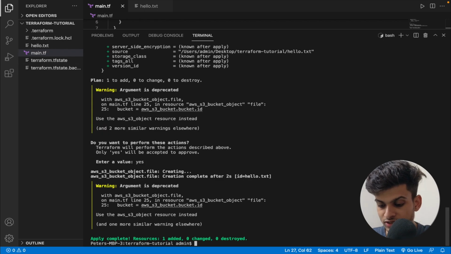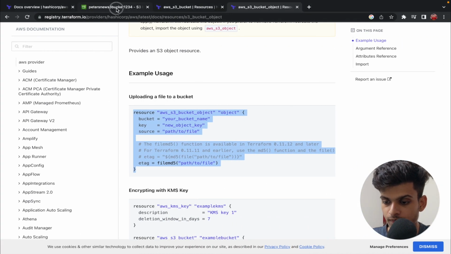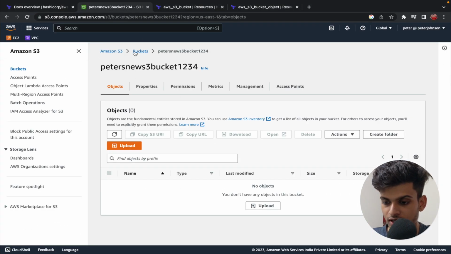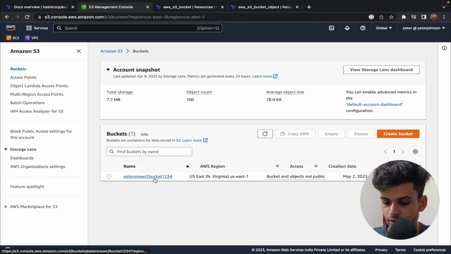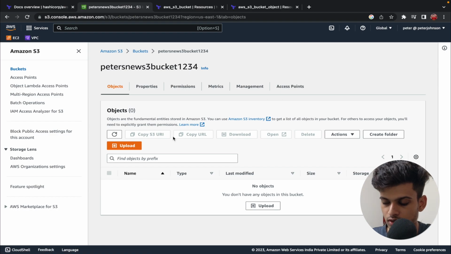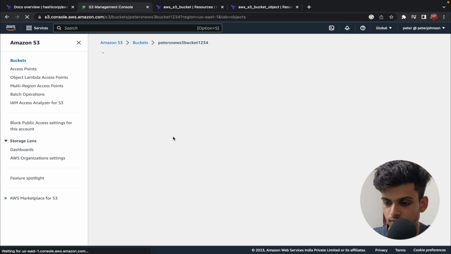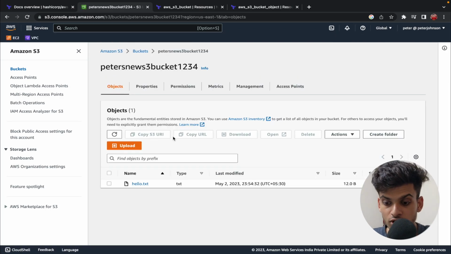Alright, the aws_s3_bucket_object is being created, and as you can see, resource 1 added. And now if we go back to our AWS console, and now if I go to the buckets, refresh it, and if I open up our bucket, let me refresh it once again. As you can see, we have got our hello.txt file right here. So this is how you can basically create an S3 bucket as well as add an object to an S3 bucket,